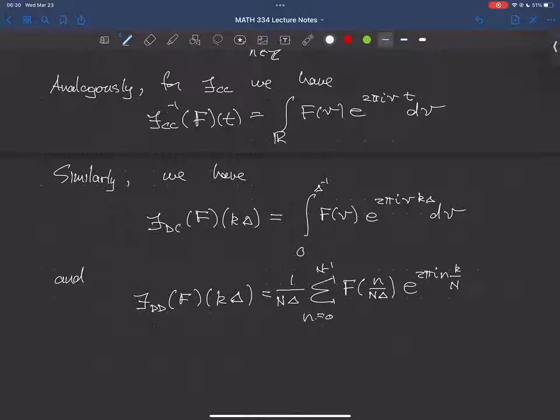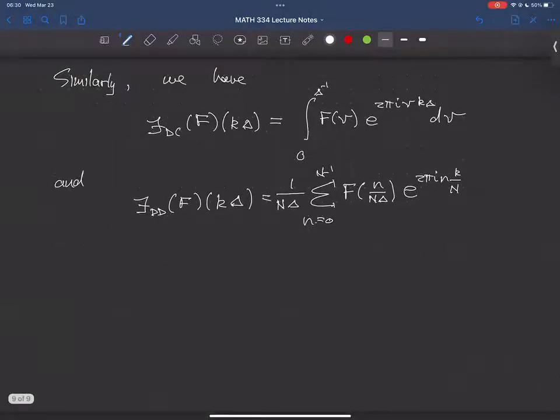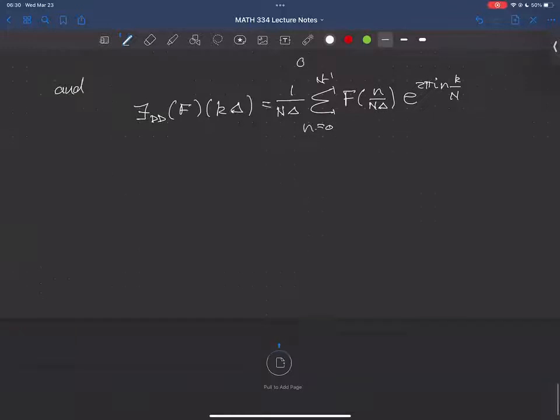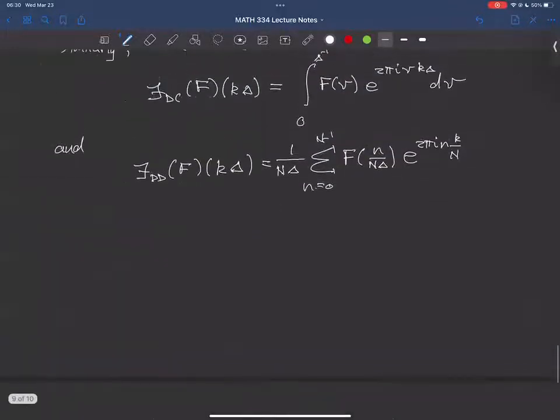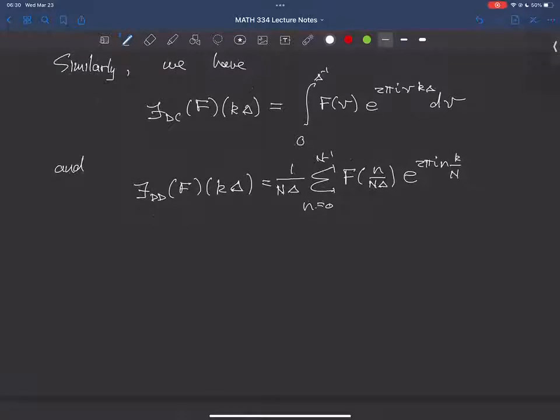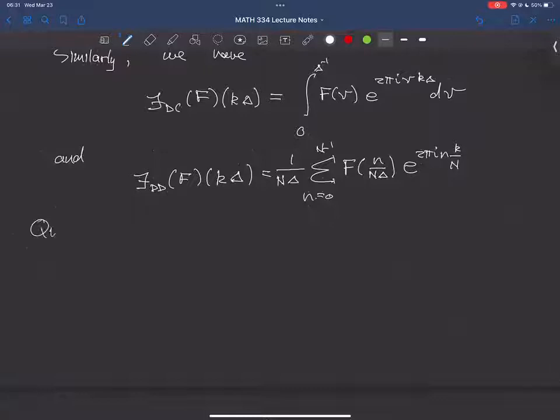All right, so those are our 4 Fourier transforms and their inverses. These are the formulas that we're going to work with, and there's lots of stuff we need to do to try to make sense of those formulas. We're going to see that they don't always make sense, and so you need to come up with conditions on f so that they do make sense. So there's lots of hard work to do to get somewhere here. So what are the things we're going to address? For the forward transform,